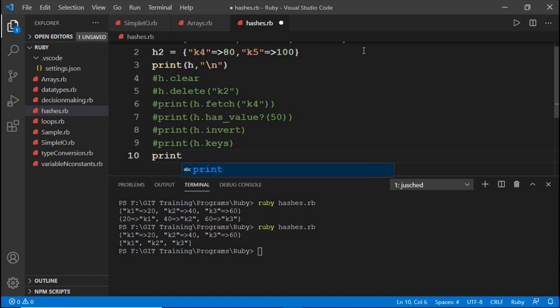Now I would like to merge these two hashes, that is h1 and h2. Here the merge method is going to return a new hash combining h1 and h2. So merge of h2. Now let us check the output for this one.